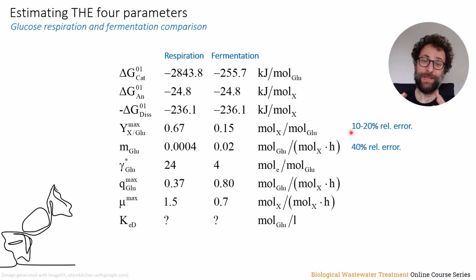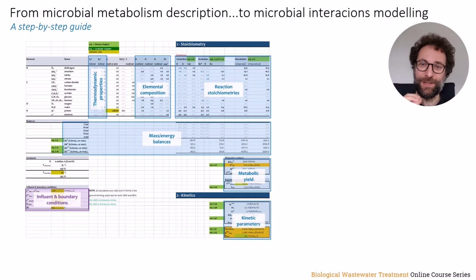And now it's time to understand what we will learn in the last class of this mini course. In the next class, we will build up such a matrix that you should be already familiar with in a spreadsheet, where we have all our compounds, thermodynamic properties, elemental composition, stoichiometries. We can calculate the metabolic yields based on mass and energy balances, estimate the kinetic parameters you now learned, and then we will start to define influent and boundary conditions to then